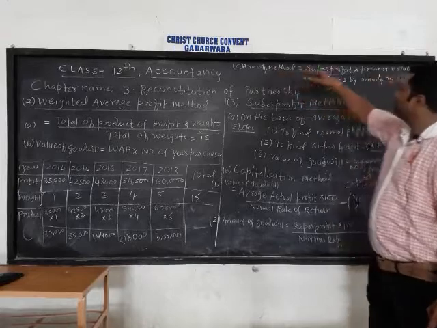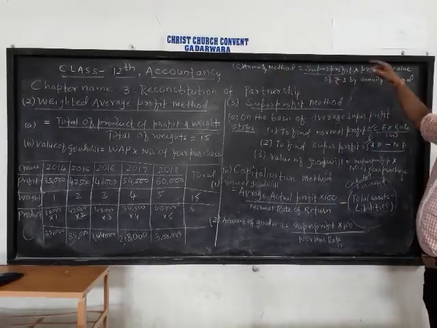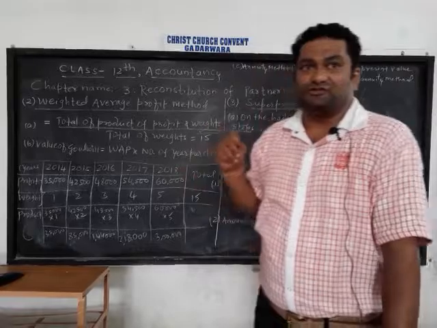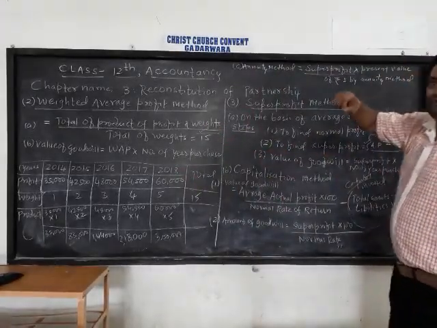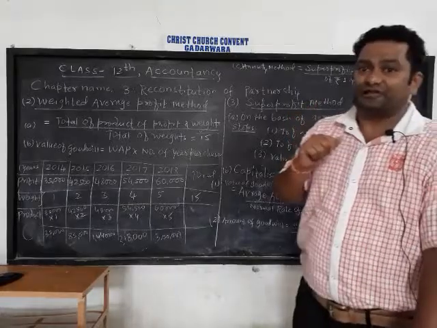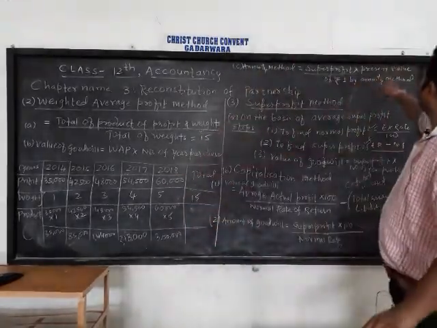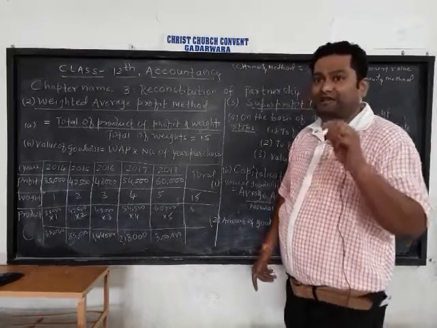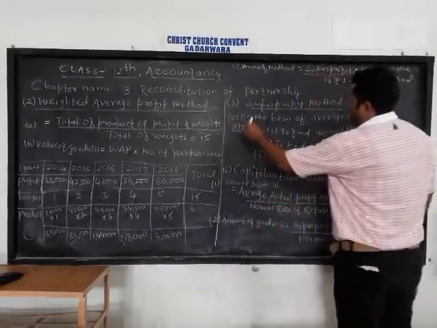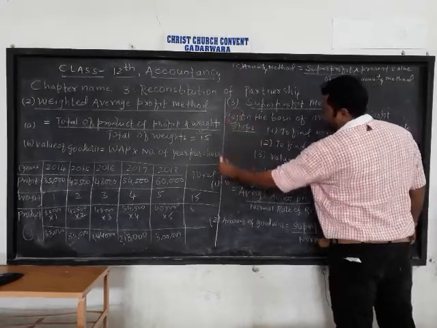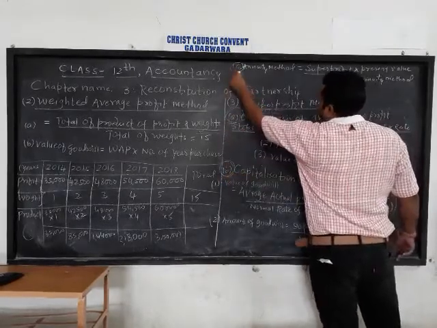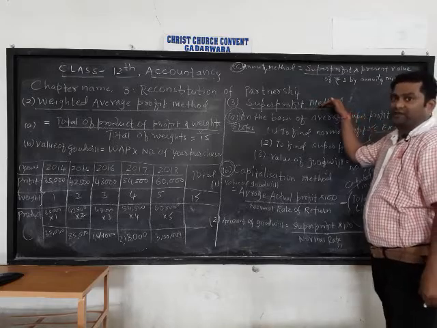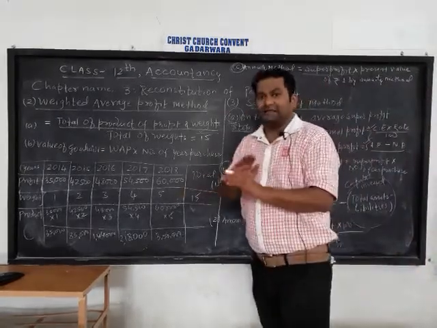So under the annuity method, the same super profit, in place of number of years purchase, you have to write the present value of ₹1 by annuity method, which is given in the question. You will find in the question what the present value of ₹1 by annuity method is. So these three methods, first A, B and C, are under the super profit method of finding value of goodwill. Okay, so this is the end of lesson number 3.